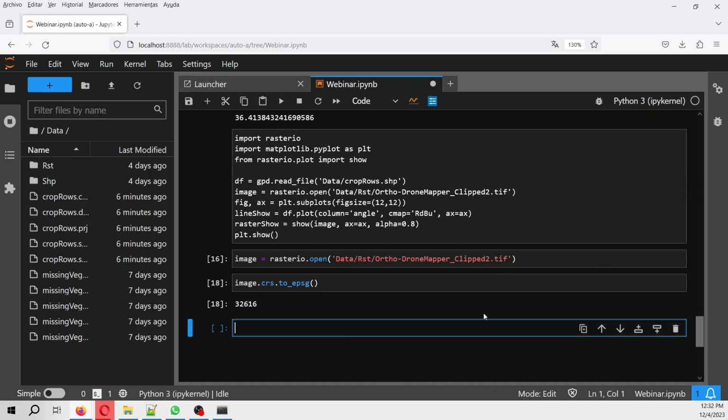Great. So now what we are going to do is also get rid of the shadows, okay? But in this case, we are going to do it manually, okay? So for that,